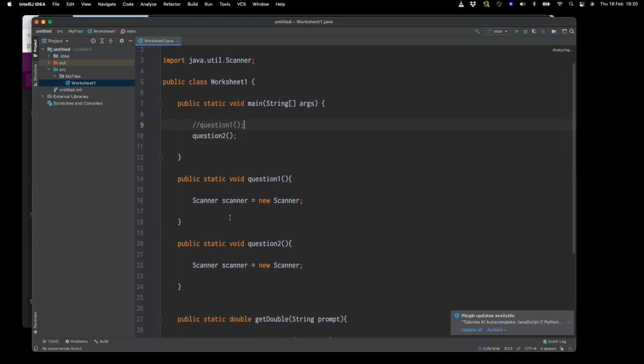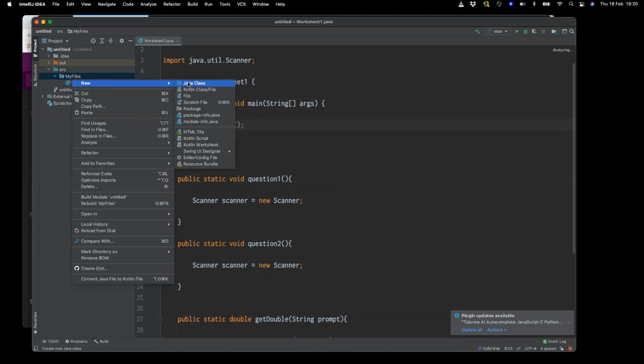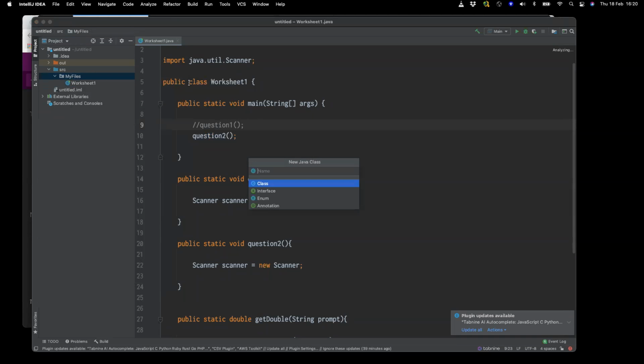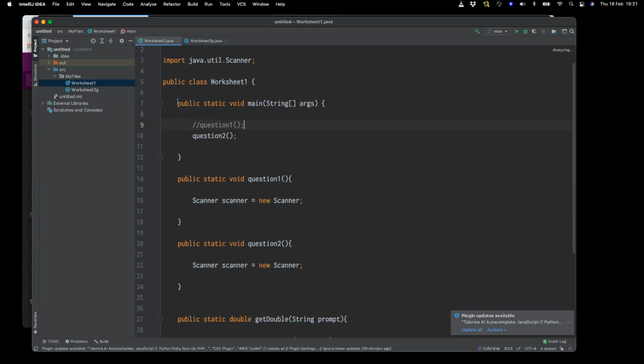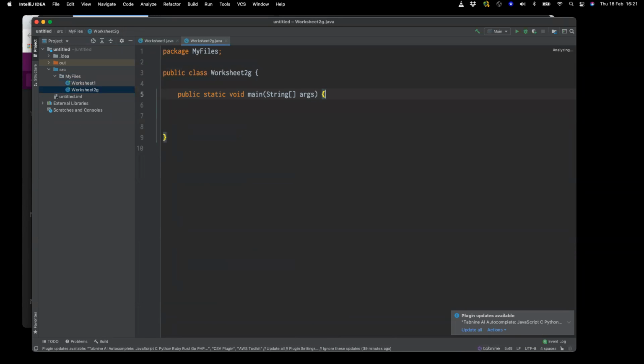Okay, so I want to pick up the second range of questions about strategies. So that's a simple strategy that will help me organize my code. So as I work through and I get stuck with, say, worksheet 3, the advantage is I can just create a new file for my next week's class, call it worksheet 2G or whatever it is, and then I can keep all the code for it there. And in order for that code to work, rather than referring back to the old file, I just grab that main. So it becomes a separate entry point.